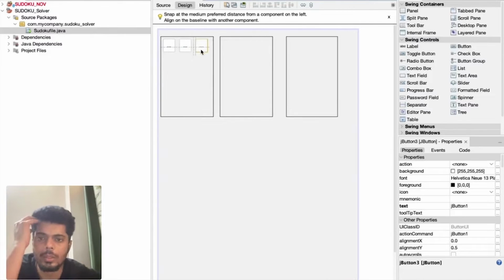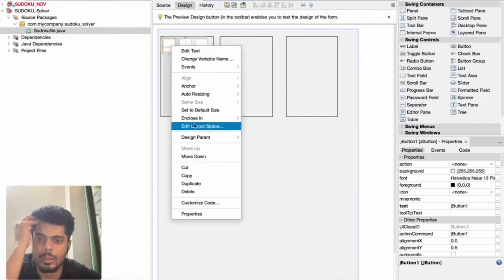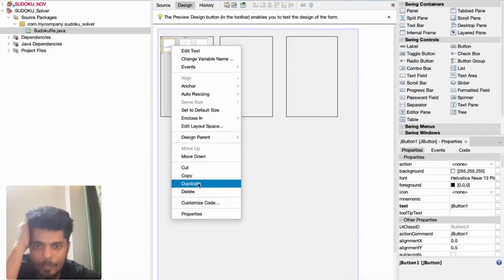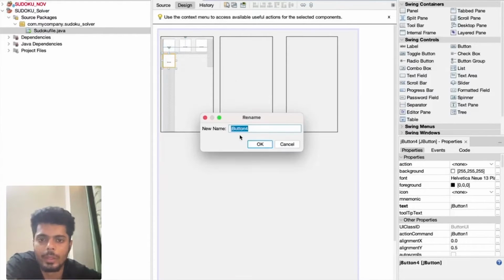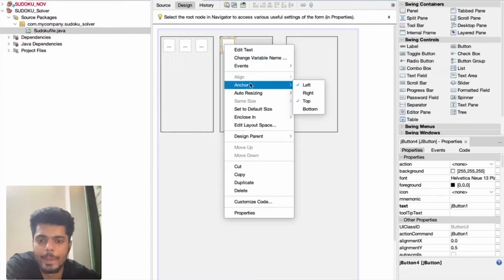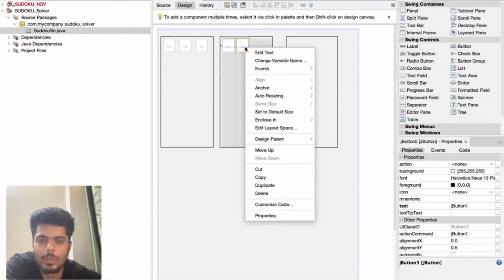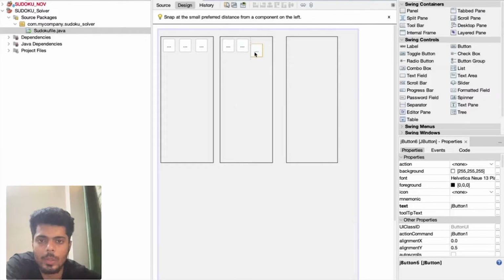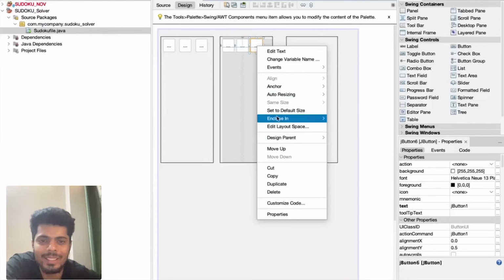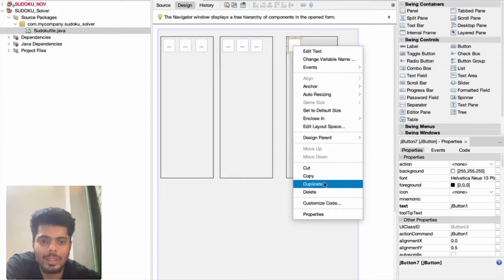Let's duplicate it also. We need to give a lot of buttons. So yes, we have to do it, and there is no other option.